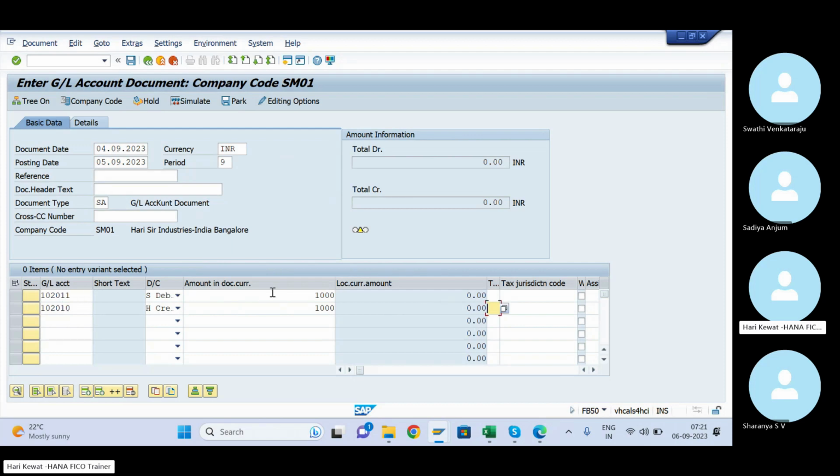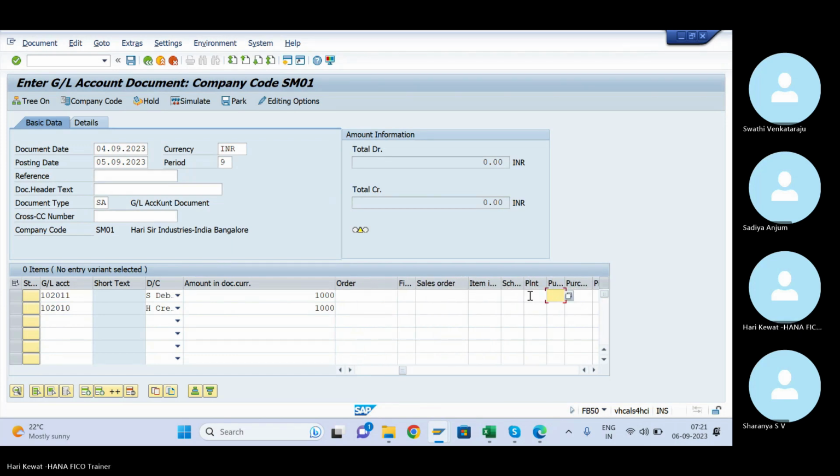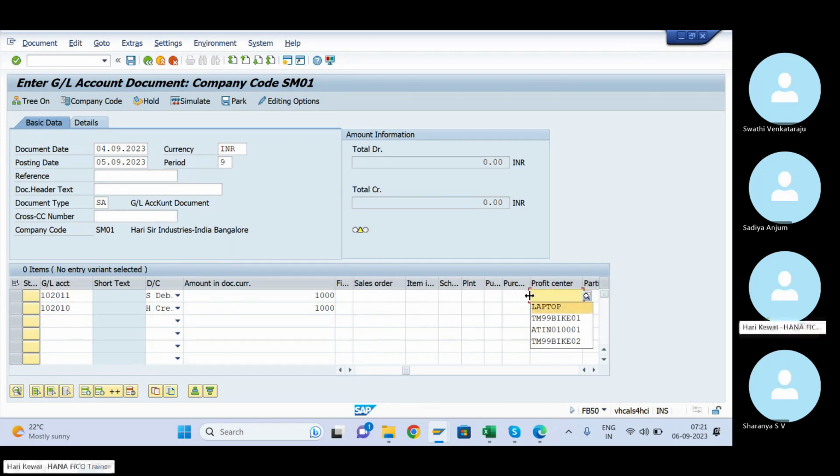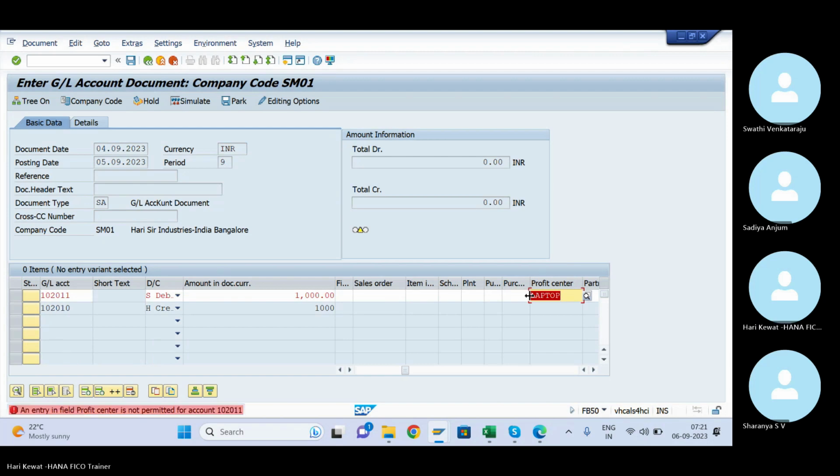Now here both are balance sheet GLs, so you have to enter the profit center directly, no cost center. Enter the profit center. Okay, it is telling that the profit center field is mandatory.